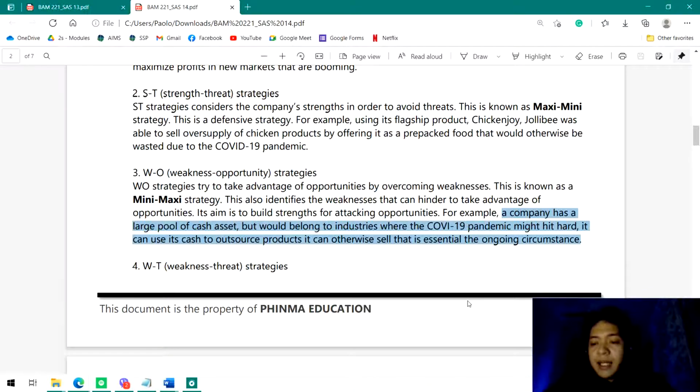Marami siyang pera na nakalaan para doon sa mga ibang business ventures mo or sa ibang operations mo. Kaso, yung operations na yon ay naapektuhan ng COVID-19 pandemic. So, ano ngayon yung pwedeng gawin ng company mo doon sa large cash asset niya na nakatenga lang? Pwede mo ngayon gawin is gagamitin mo yon to outsource products na pwede mong ibenta na essential doon sa ongoing